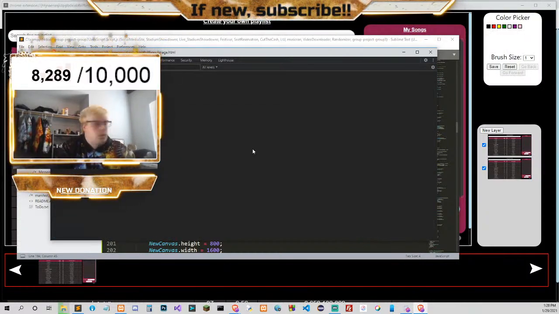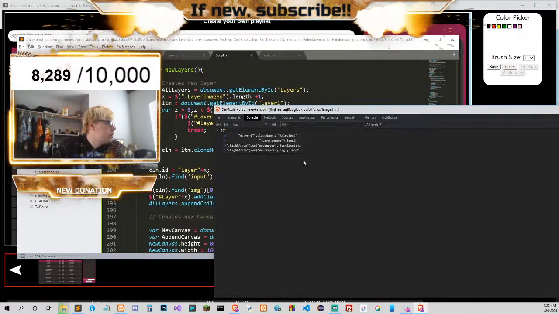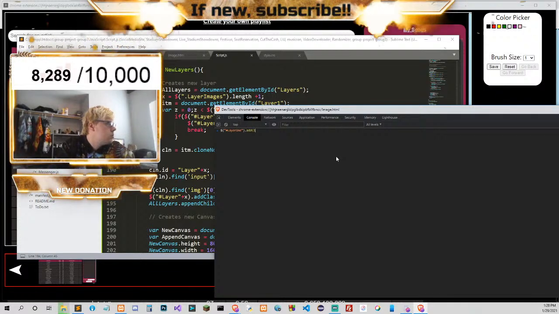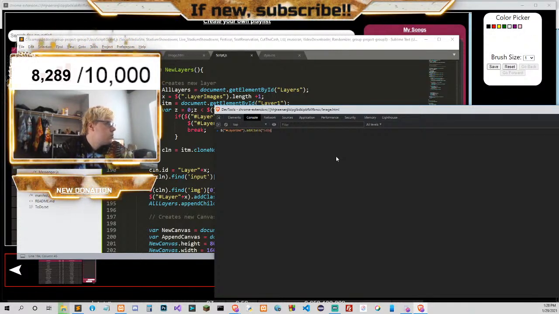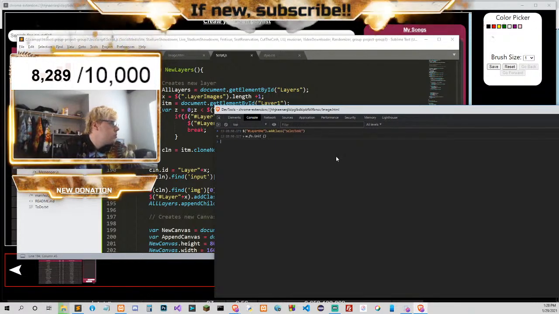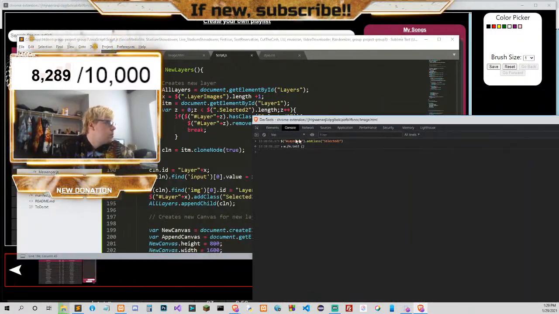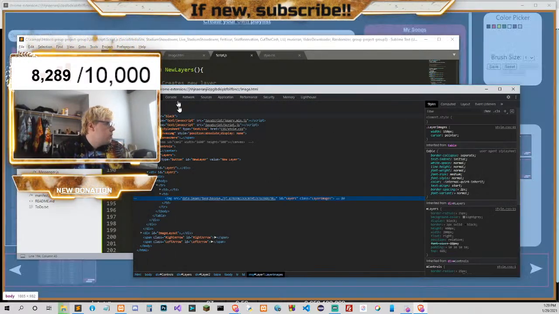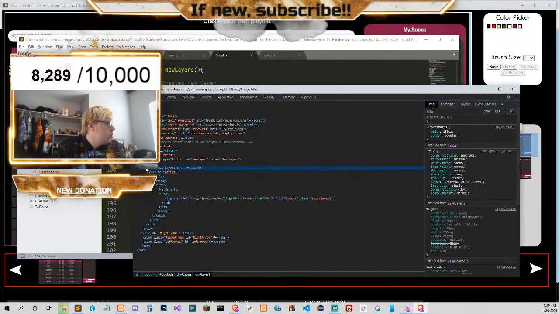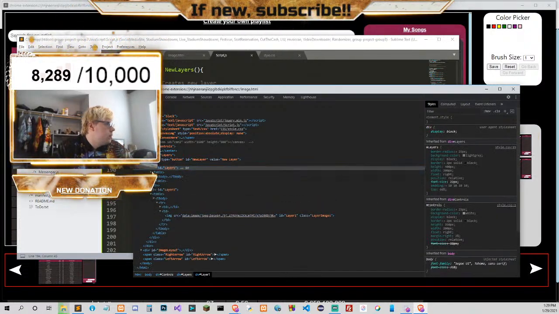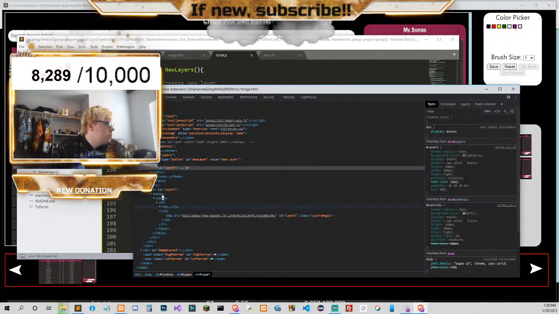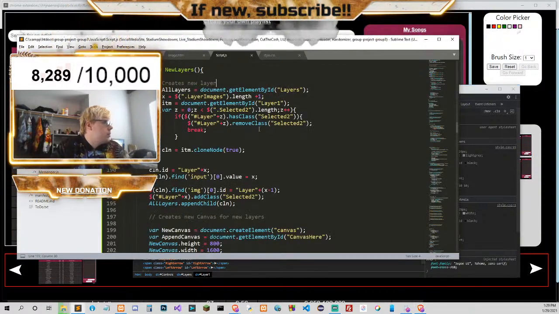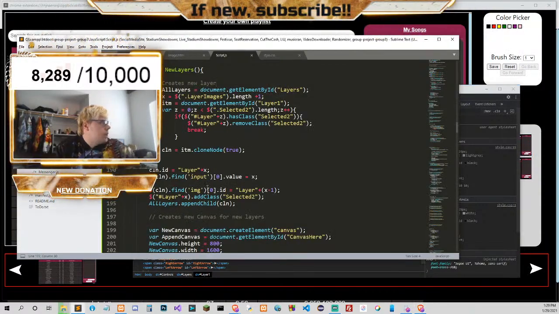I thought we could do this command here. Layer 1. Oh, there's already an ID called layer 1. Layer 2. Oh, okay, so let me change this then to layers.